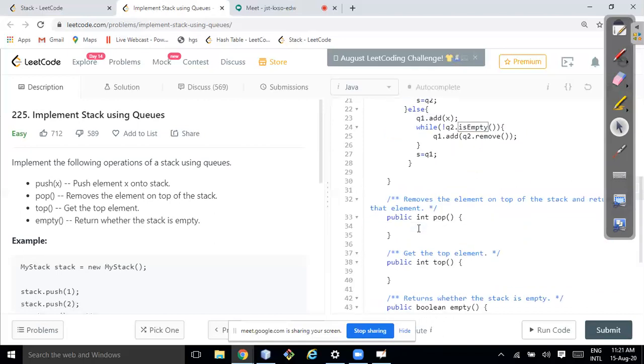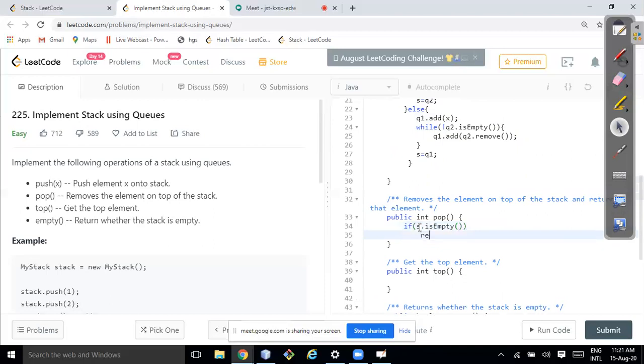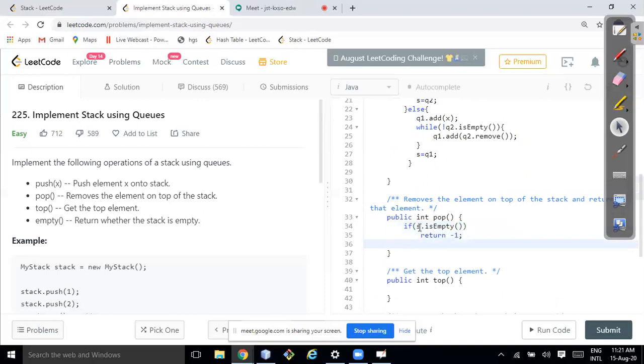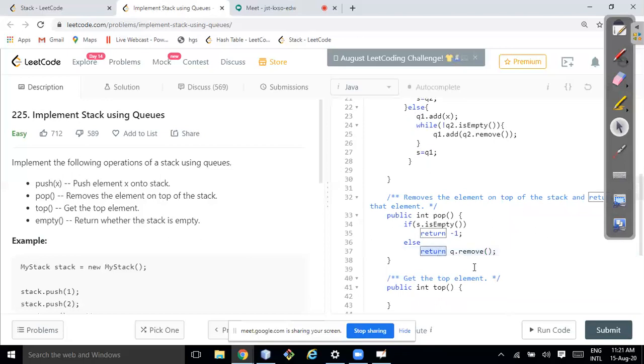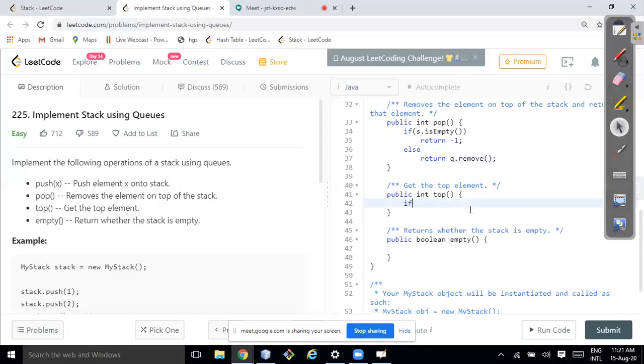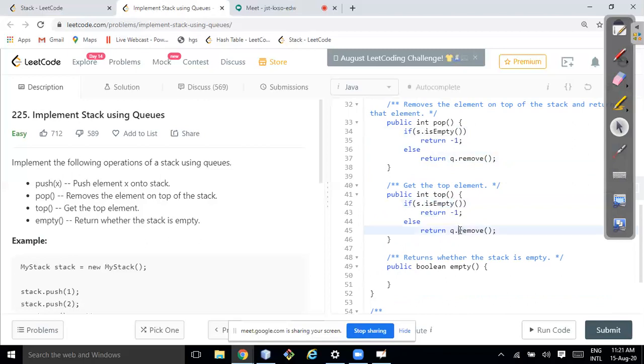Okay, what next? There are two conditions. If S.isEmpty, then return -1, else return S.pop or S.remove. For the top, I'll copy it from here, and otherwise I'll do S.peek.